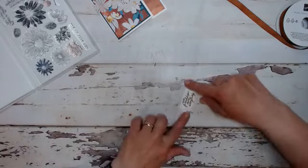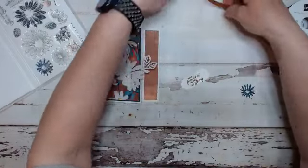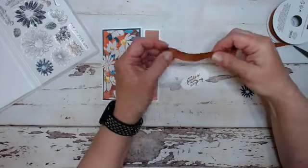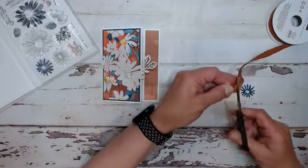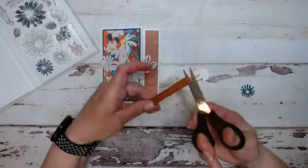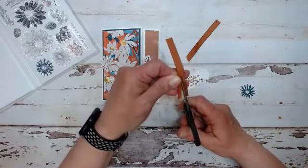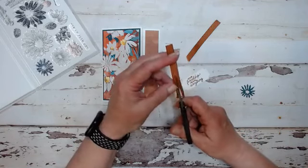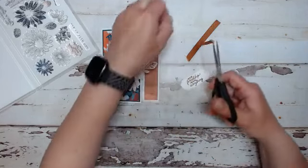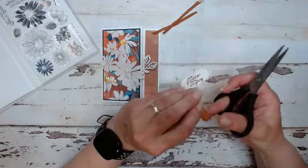All right, so I have my sentiment, and we are going to use some more glue. So remember I told you how you could cut this? That is exactly what we are going to do. So we're just going to fold a little piece in half, trim it, and we will cut this, and then I'm just going to cut each piece because I want kind of a rustic type look. There we go. A little faster maybe. We'll just fold this in half